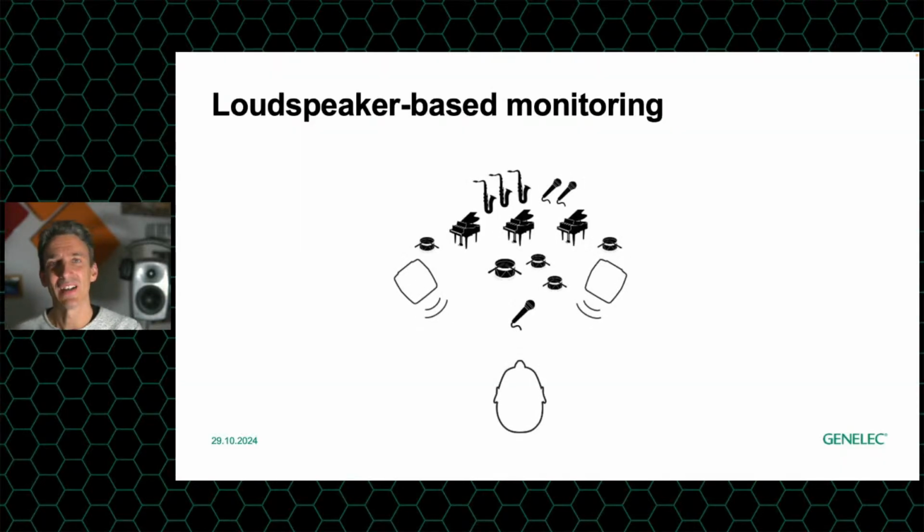How does loudspeaker-based monitoring work? In general, there's already some magic going on. This magic is once again, of course, called our brain, because we hear things and sound sources at places where we have no speakers. So if you just look at this nice image of two speakers playing, we hear stuff in between